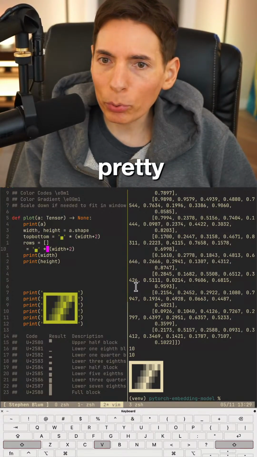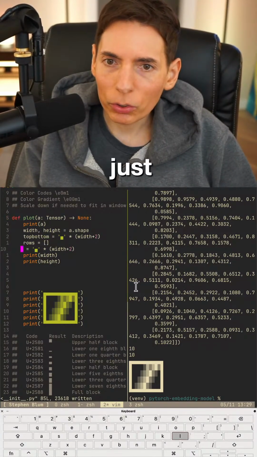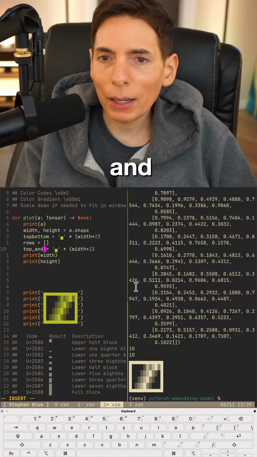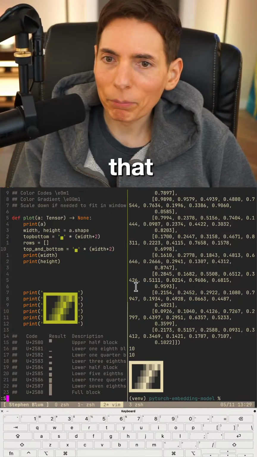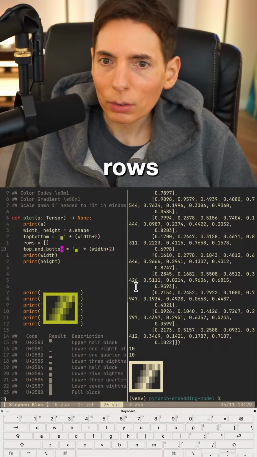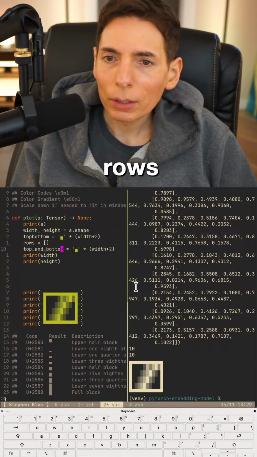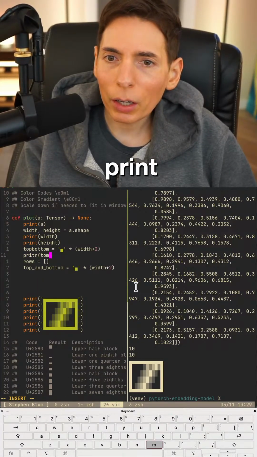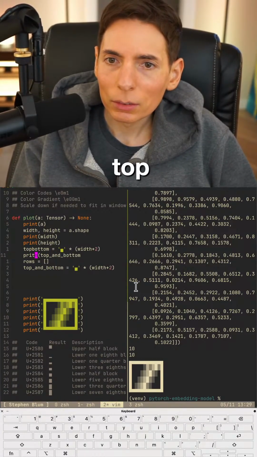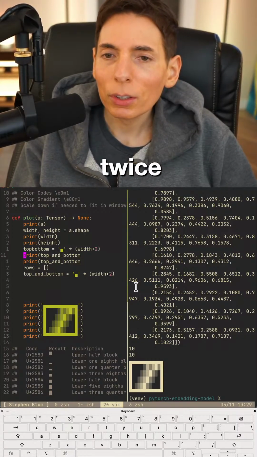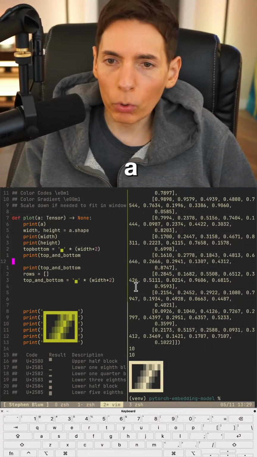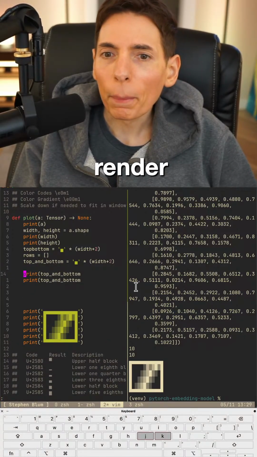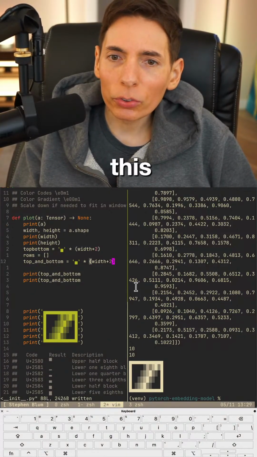Okay, so this I'm pretty sure will work. I'm pretty sure this works. We're just going to say top, and then top and bottom, something simple like that. And then we need rows. So we've got rows. Let's see here. Print this, top and bottom. Print top. We'll print this twice. And then we need to generate our rows. We need to generate our rows. So let's render. I think we can do this. So let's say